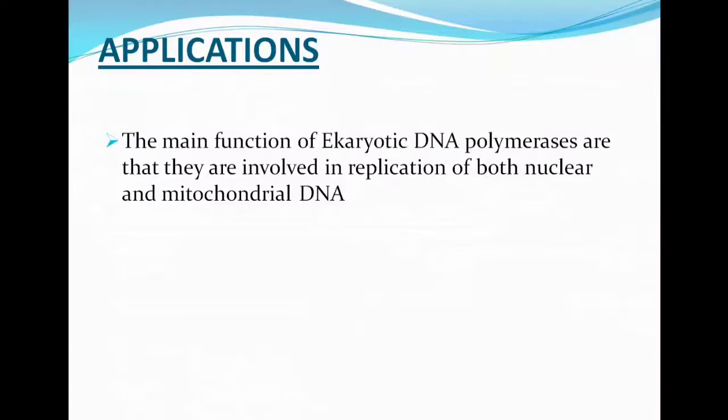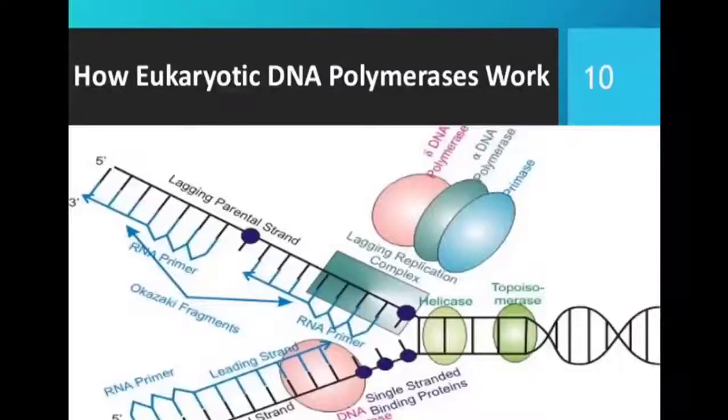So, what is the main function of eukaryotic DNA polymerase? The main function of eukaryotic DNA polymerases is that they are involved in replication of both nuclear and mitochondrial DNA. So mitochondrial DNA is there now. So they are not only useful in the replication of the DNA which is present in the nucleus, but also the DNA present in the mitochondria. So that is about the eukaryotic DNA polymerase. So totally,